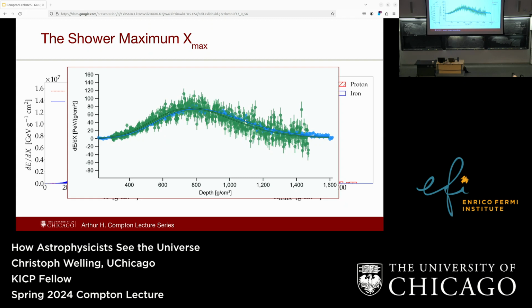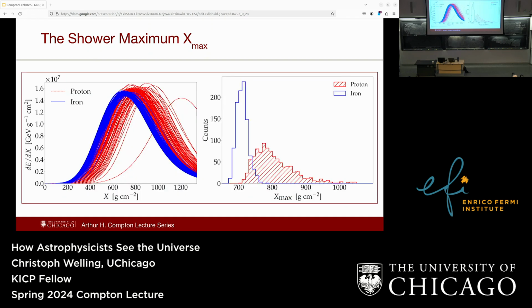There's a question. Is there on one of those graphs, is that one outlier necessarily a proton or what? So this is from simulation, so we know that it's a proton because that's what we decided to simulate. You can just kind of have a proton get lucky or unlucky, however you want to see it, where it takes a long time until it has this initial interaction. So it kind of passes. It's just kind of lucky to not get hit earlier.